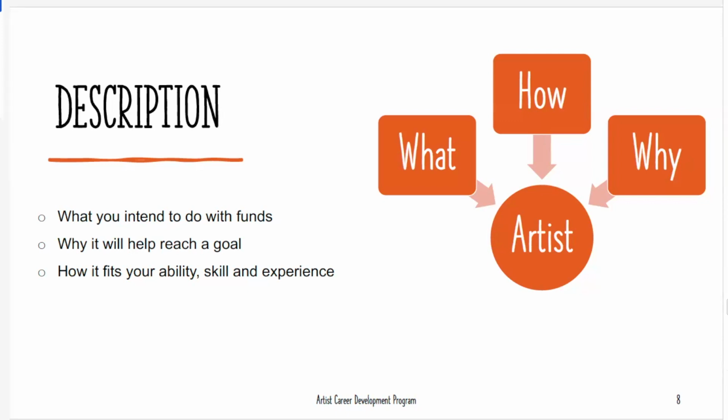When addressing artistic merit, describe how this will contribute to your artistic growth. So explain how these activities, whatever the activities that you're proposing, explain how they will advance your skills, your knowledge, or your capacity. Provide specific examples of how these activities will help you grow as an artist. The whole point of this particular program is to further artistic development, to strengthen your artistic career.